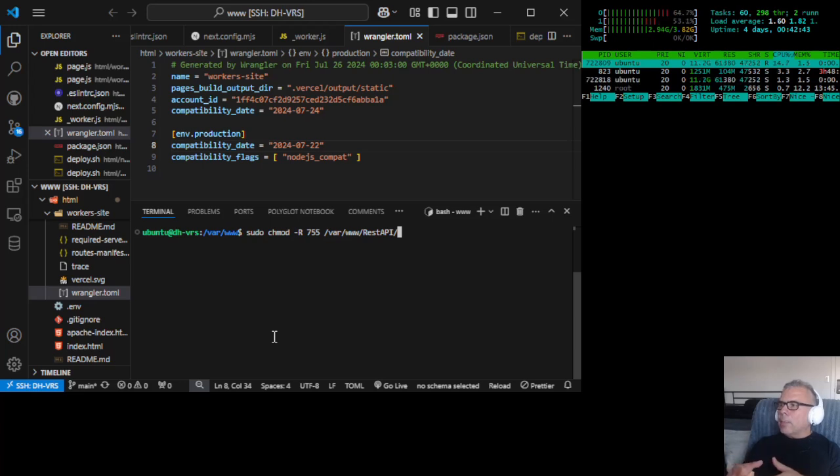mod. But I actually don't know what that mod means. It just means it's changing the permission structure, right? So it's recursive. So sudo chmod flagged with capital R, which is recursive. That means it's just going to go through all the folders and change the same permission structure throughout